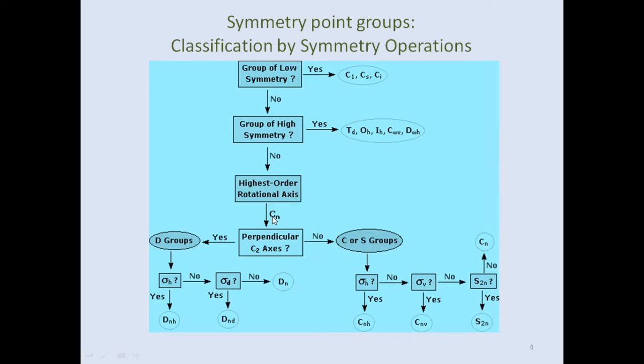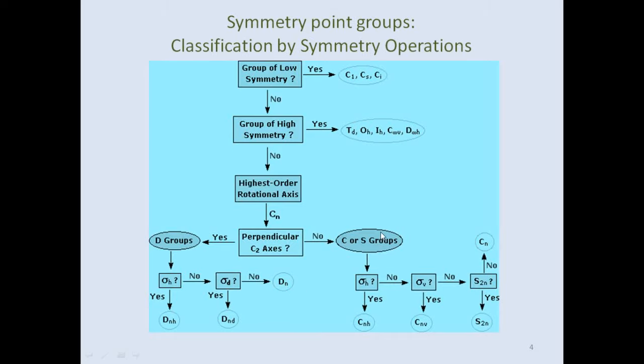So if a Cn axis is there and this Cn axis is perpendicular to the C2 axis, then the group would be D. If this does not happen, then the group would belong to the C or the S, right? And again further you can do all the things actually. If D is there, then D. If a sigma plane is there along with the D, then the point group would be DnH. If sigma plane is not there but a dihedral plane is there, then you can have Dnd. If nothing is there, neither sigma H nor sigma D, then it is only the Dn group,